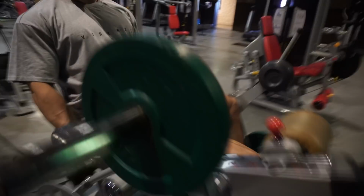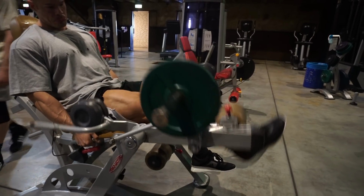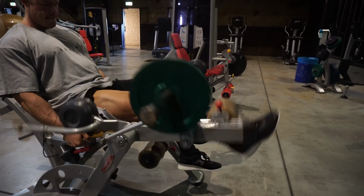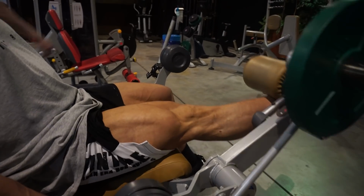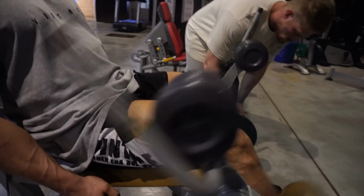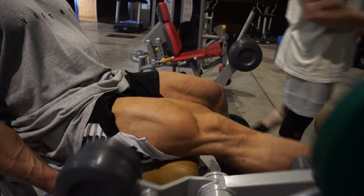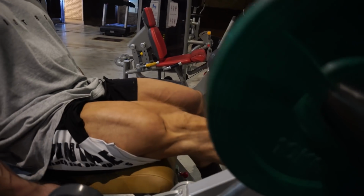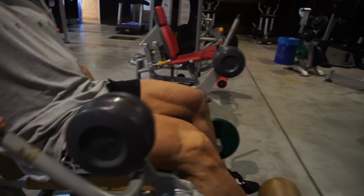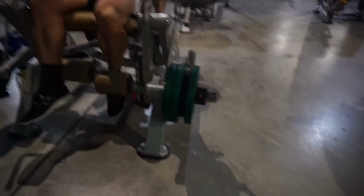The tension is maxed out when the leg is straight, and that gives this movement a unique position in your workout and a unique opportunity to work on isolating those quads and getting those details carved in, especially the two quad heads in the middle. You can really make them very detailed and make them more massive than before because of the isolation factor of